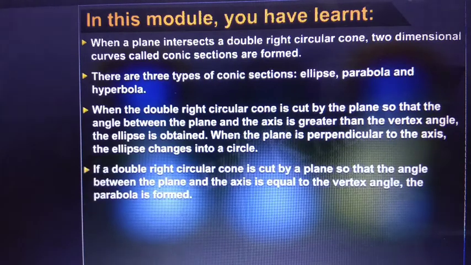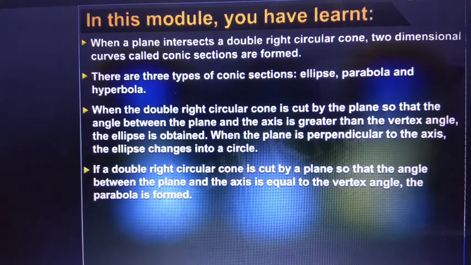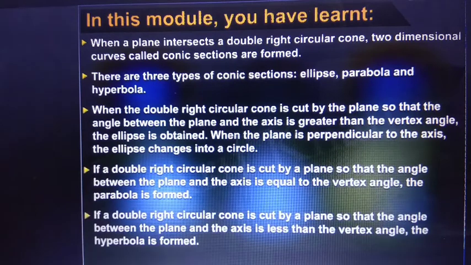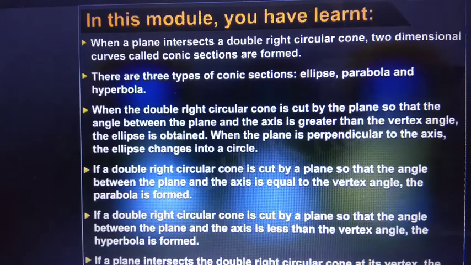If a double right circular cone is cut by a plane so that the angle between the plane and the axis is equal to the vertex angle, the parabola is formed. If a double right circular cone is cut by a plane so that the angle between the plane and the axis is less than the vertex angle, the hyperbola is formed. If a plane intersects the double right